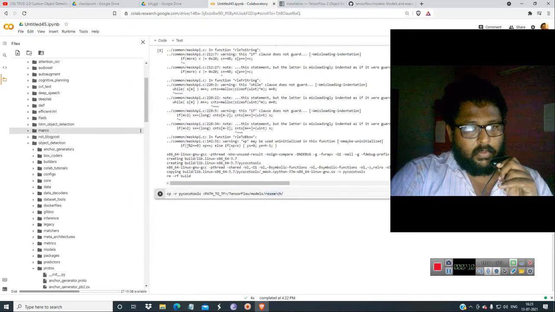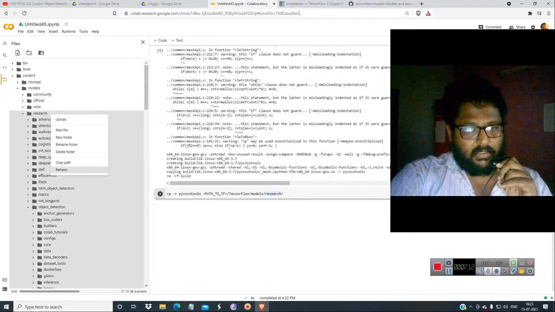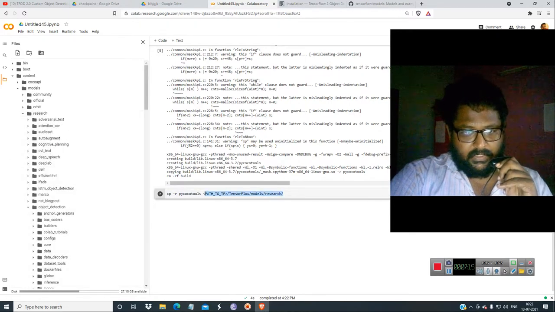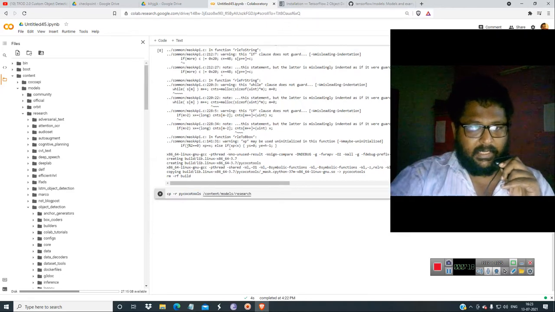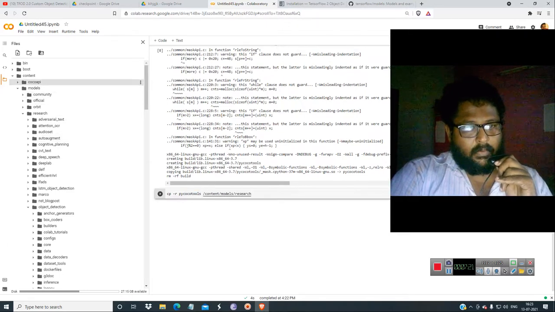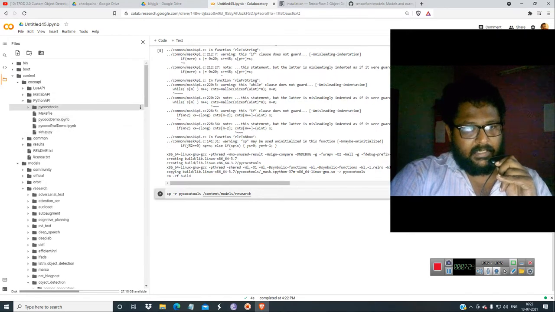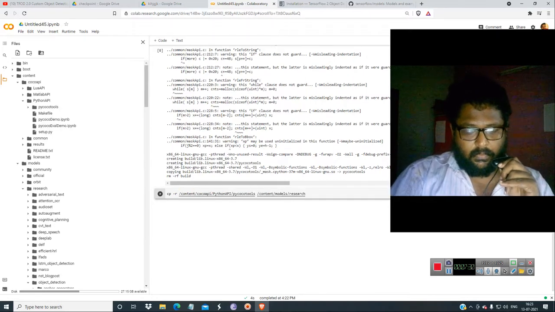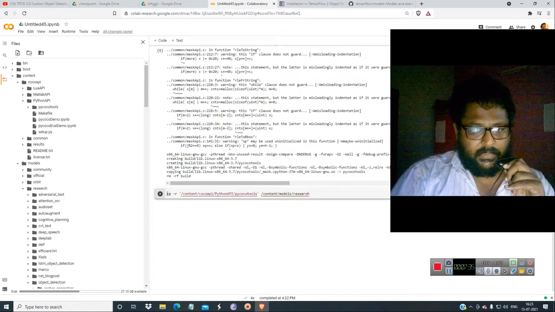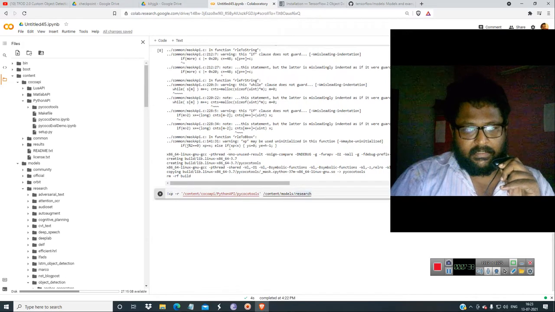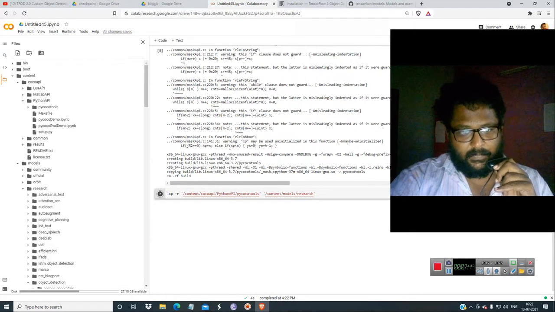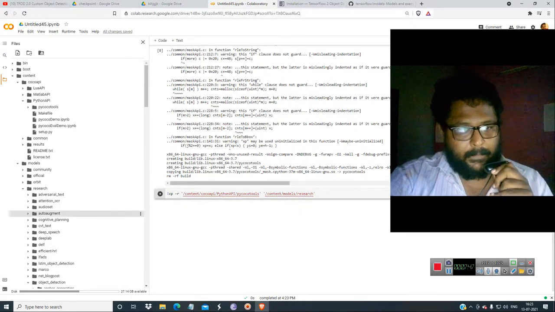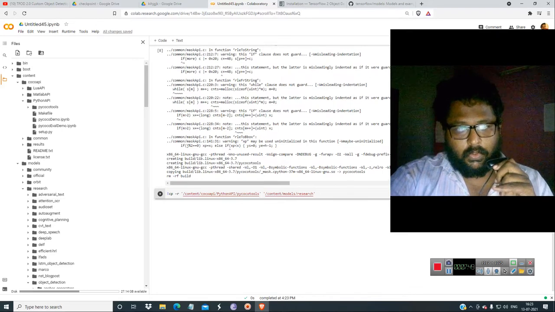So now what you have to do is get to the research folder, copy the path, and just paste it over here. Okay, Control V. This PyCocoTools is in cocoapi, PythonAPI, copy the path and paste it over here. Give single quotes, exclamation mark, cp, give single quotes, then just type play. Okay, so now we have copied the PyCocoTools to models research.